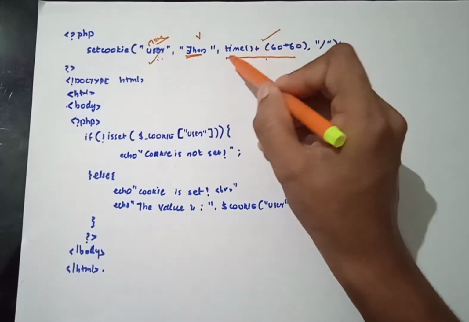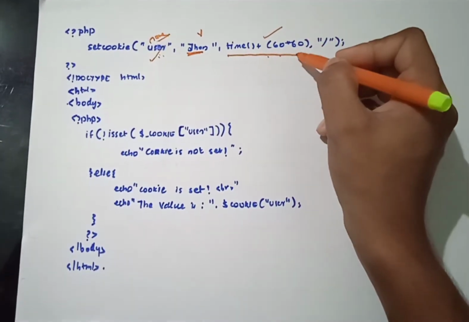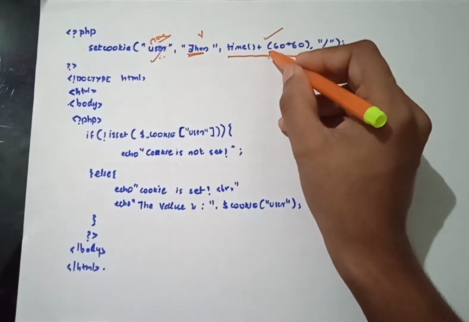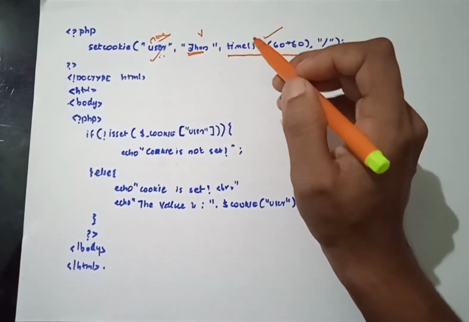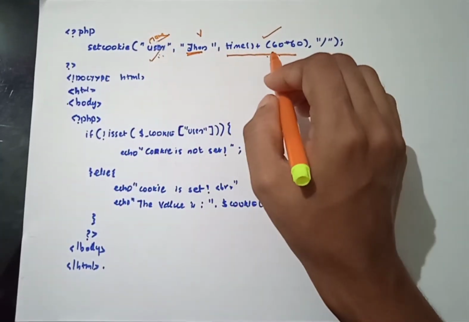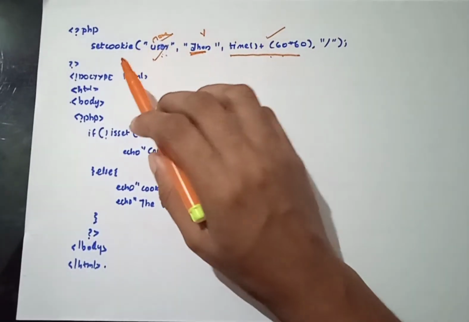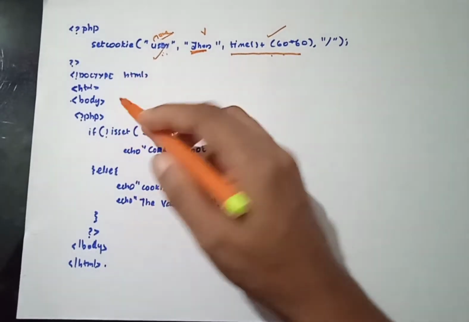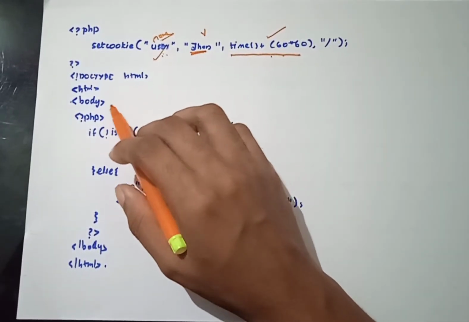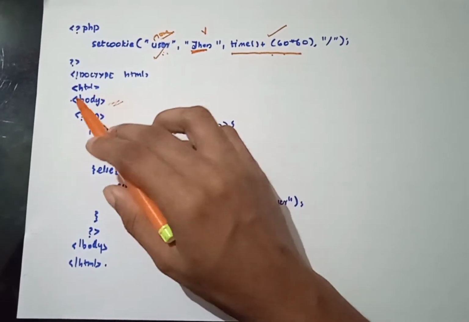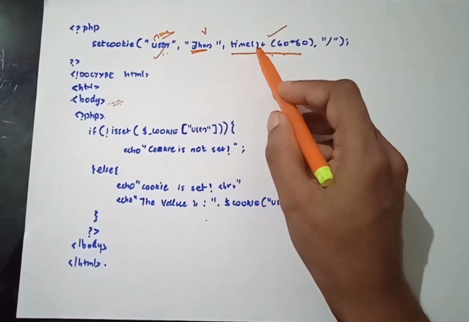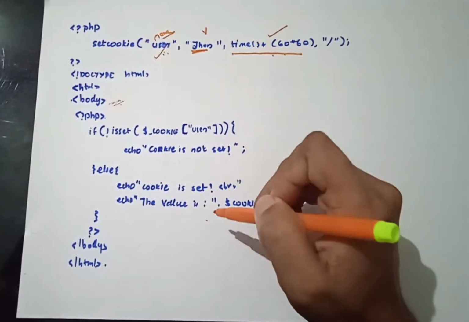This is a very important field that shows its expiration, its creation, etc. If we use a past time here, the cookie will get deleted. So this is the way you can use the cookie function. Then you can create your own web page. The contents, everything can be written inside the body tag itself, and after that you have to check whether this cookie works or not.